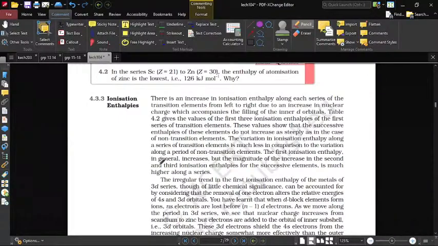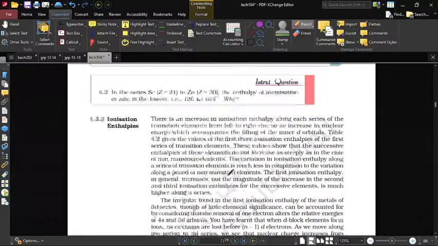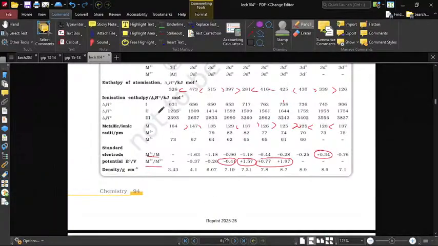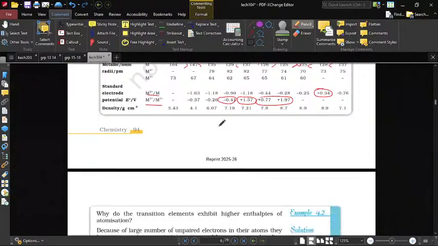The first ionization enthalpy in general increases, but the magnitude of increase in the second and third successive enthalpies is much higher than along the series. ये भी देखोगे एक बार, ionization enthalpy का ये बढ़ रही थी बढ़ रही थी, मतलब ज्यादा गैप से बढ़ रही है, ये डिफरेंस आया। ओके।